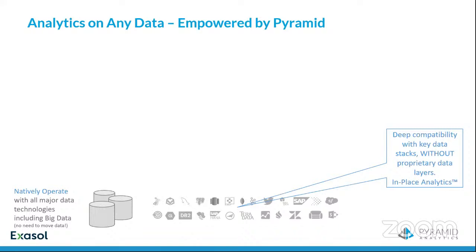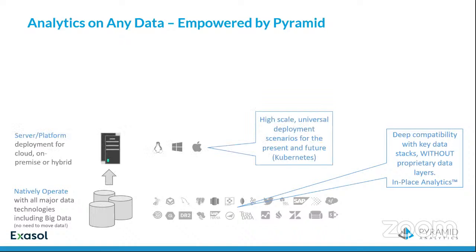It also applies to multidimensional analytic engines, and for that I mean things like SQL Server Analysis Services or SAP BW. Interestingly, what Pyramid is able to do is abstract the analytic functionality from the underlying storage engine. So from a user point of view, if I'm working, for example, with a multidimensional engine like SAP BW or Analysis Services, and I want to swap from that slightly legacy technology to a modern in-memory engine like Exasol, the user functionality, the user interface, the user experience, and the analytics they can perform remain largely unchanged.